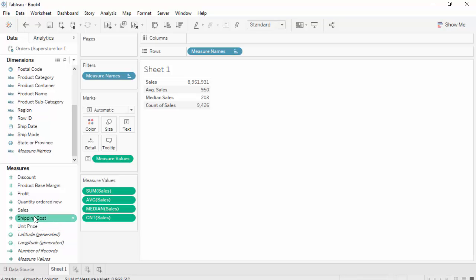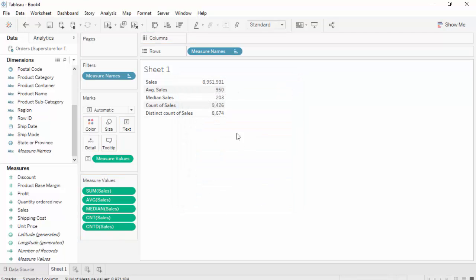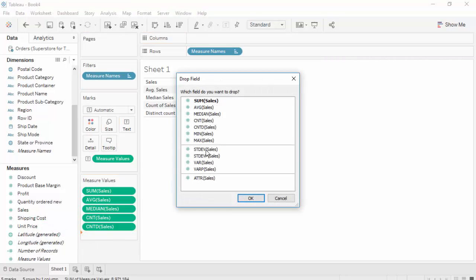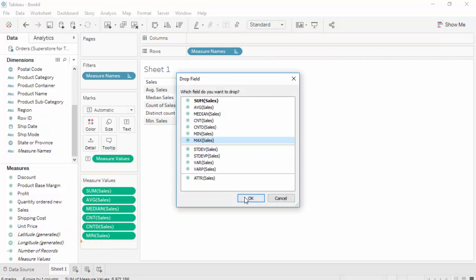Right click, drag and drop. That is kind of distinct. But I don't know why you would want that. And minimum, maximum,